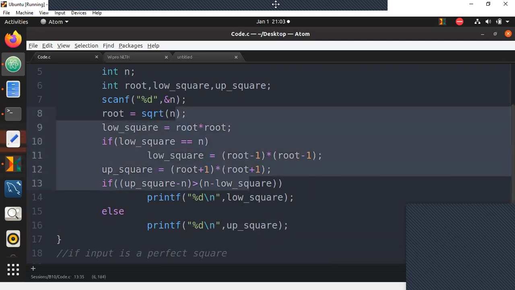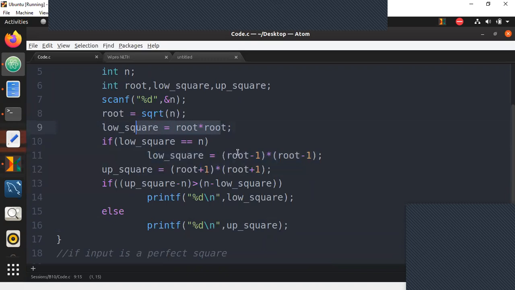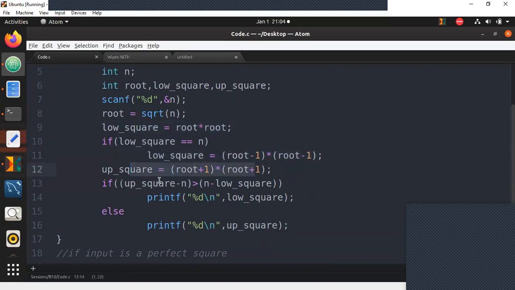In this case, you don't have to do a lot of effort. You're just calculating at maximum 1, 2, 3 operations. After this is done, you're just comparing. That's basically the basic idea.